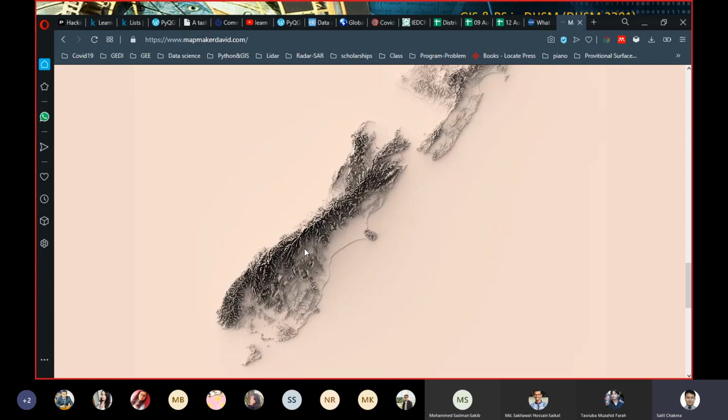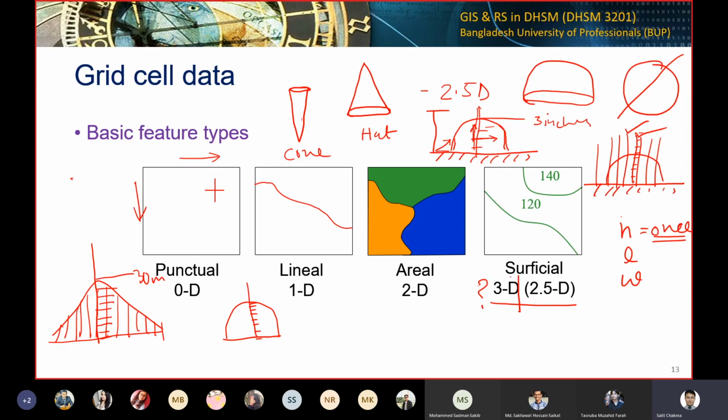So DEM, digital elevation model, works just in the same way. Okay, so that's why in raster there is hardly any three-dimensional object or three-dimensional data type. It's mostly 2.5 dimensional. Okay, and in vector there is actually no three-dimensional, because vector is represented with, you know,